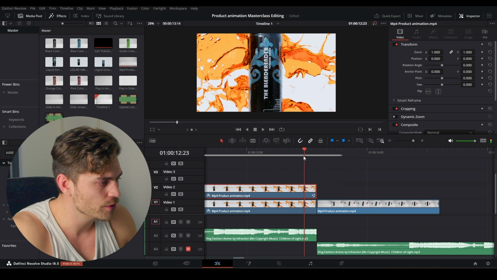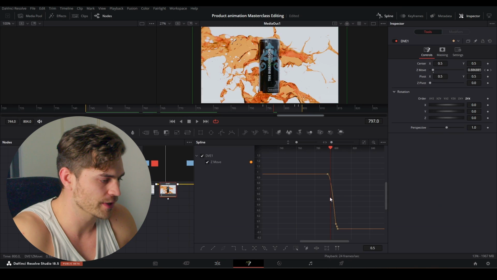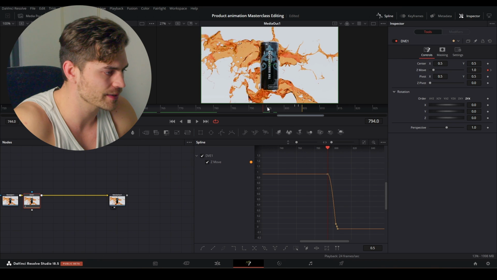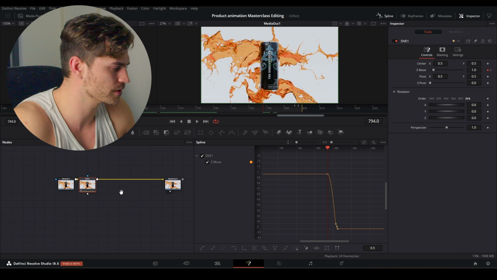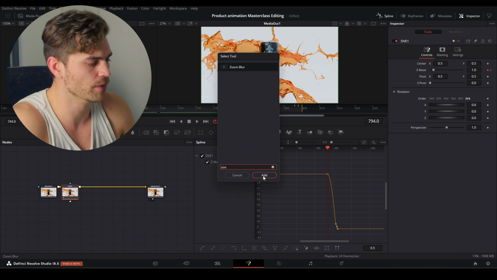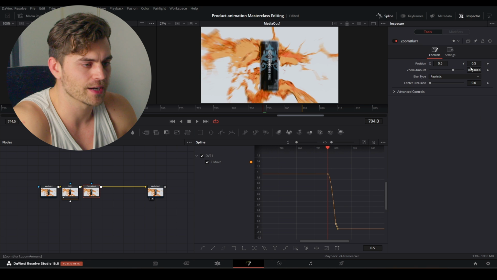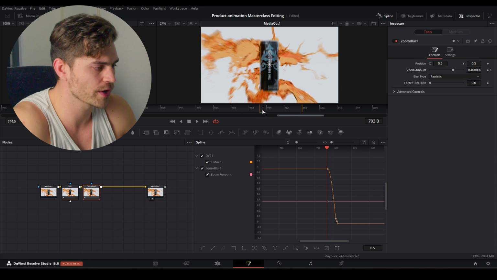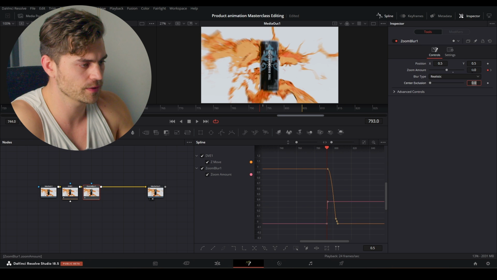One thing we can do is add another zoom blur. So head back over into the DaVinci Resolve Fusion tab and click on this keyframe right here so that we're starting the zoom blur at the right time. Shift space, zoom, blur. And I want it to start right here. 0.4 looks pretty cool. Going to go one frame backwards, set it to 0.